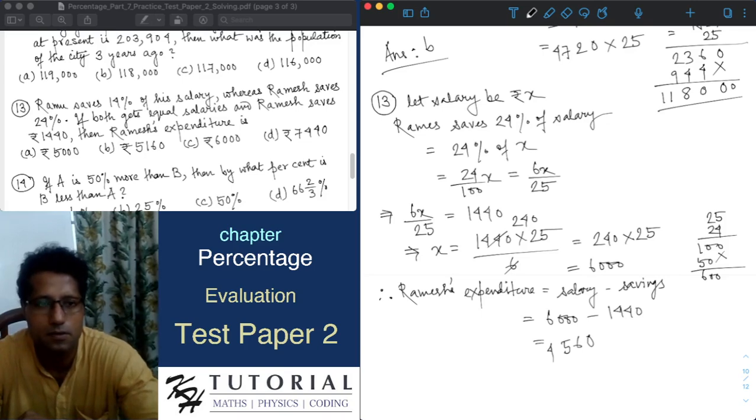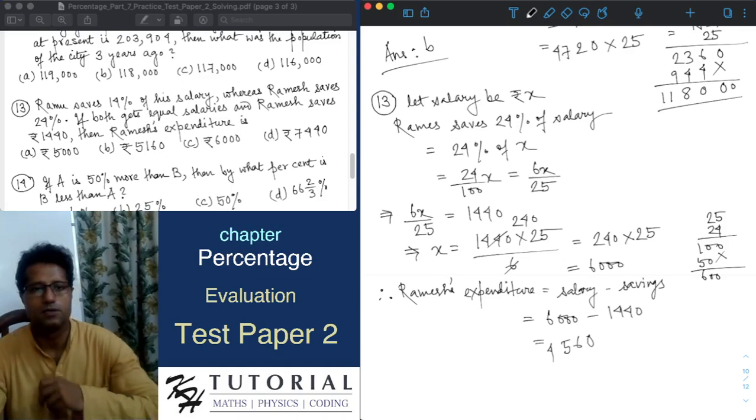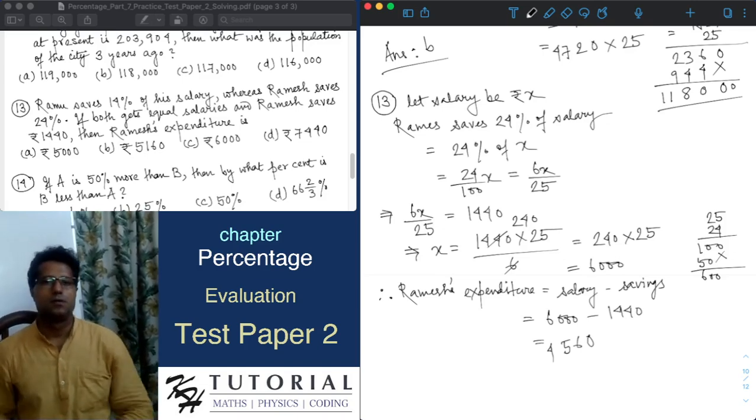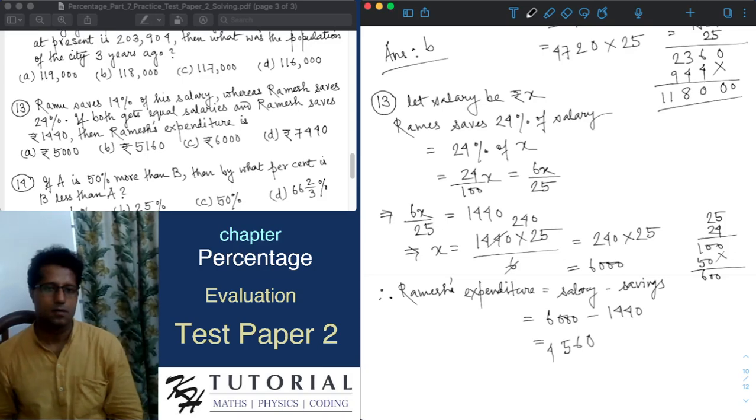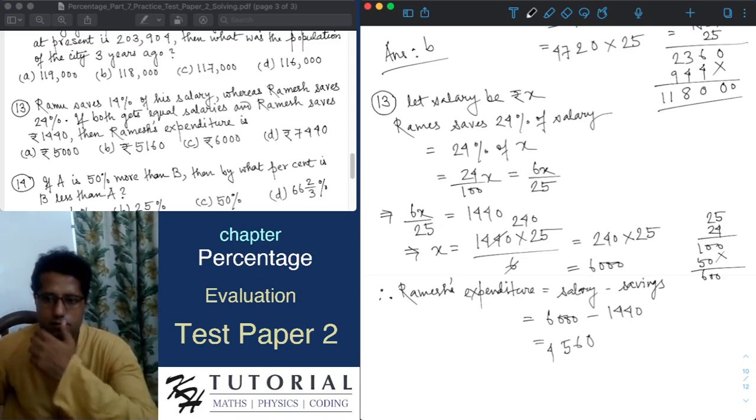Ramu saves 14% of his salary, whereas Ramesh saves 24%. If both get equal salaries and Ramesh saves rupees 1440, then Ramesh expenditure is